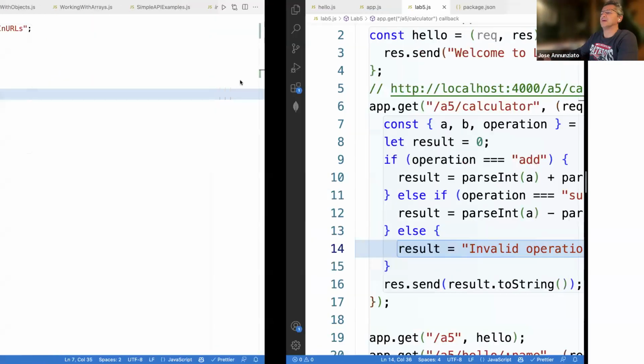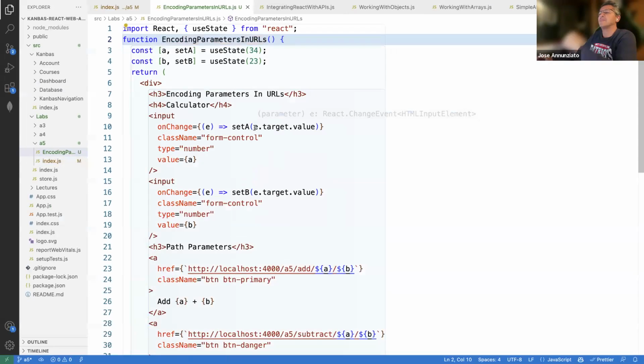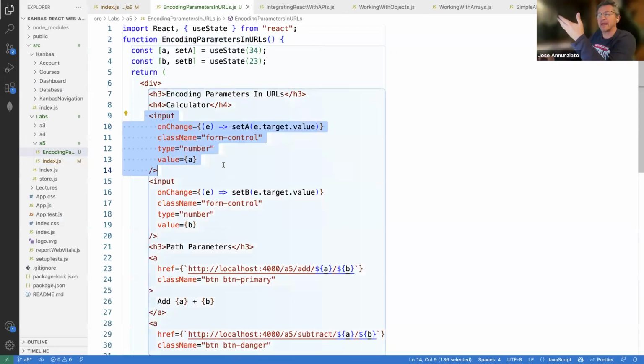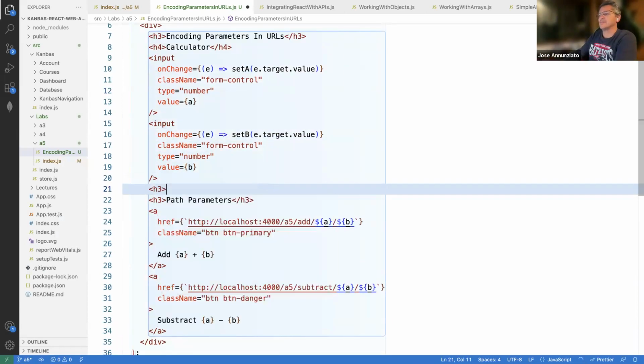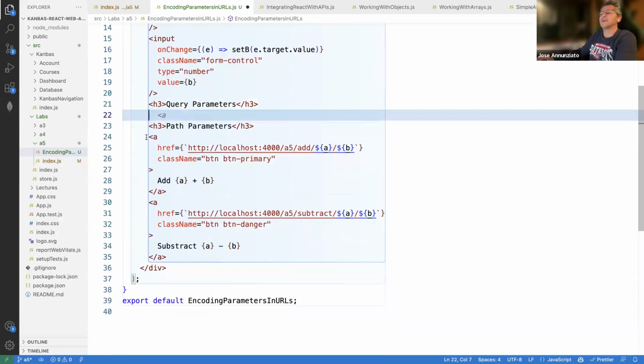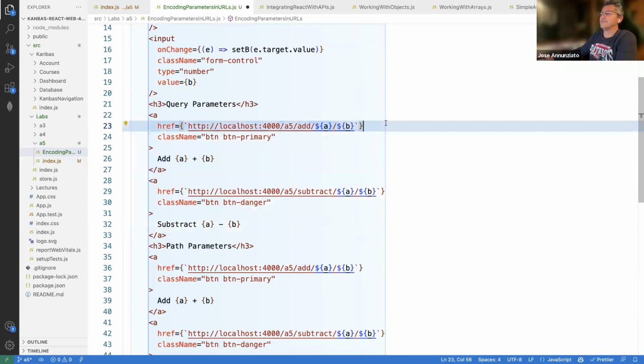Then we could create a user interface around this, right? If we go back to our React application, we already had an input field that parses the A, creates the A, creates the B. So we could create a version of this that uses query parameters to encode the data. It's slightly different, right? So we can copy these two, but instead of encoding it at the end of the path as a part of the path, this could be encoded using calculator, again, using the URL that we're expecting, saying that A is equal to A,